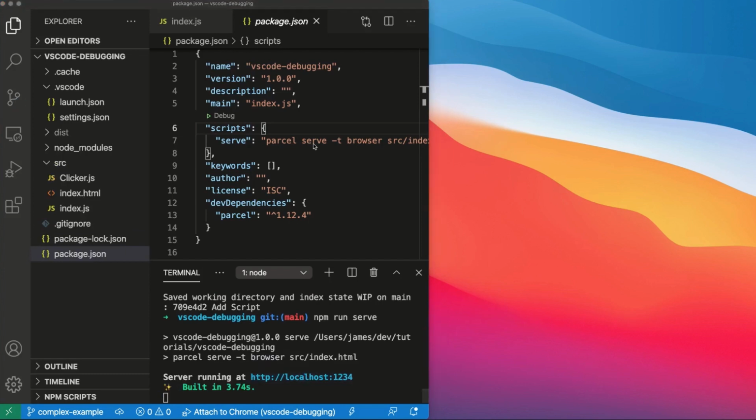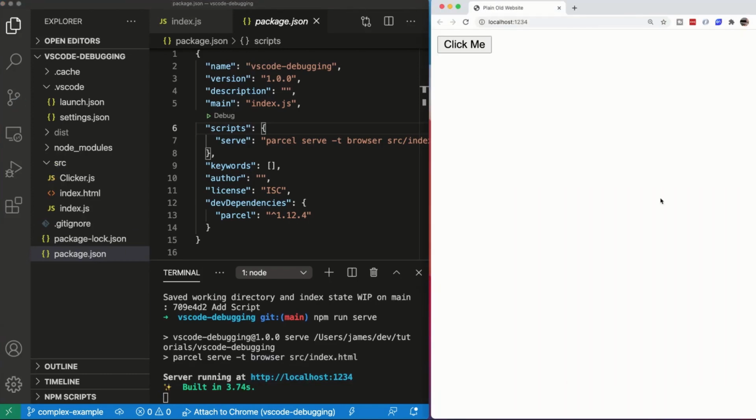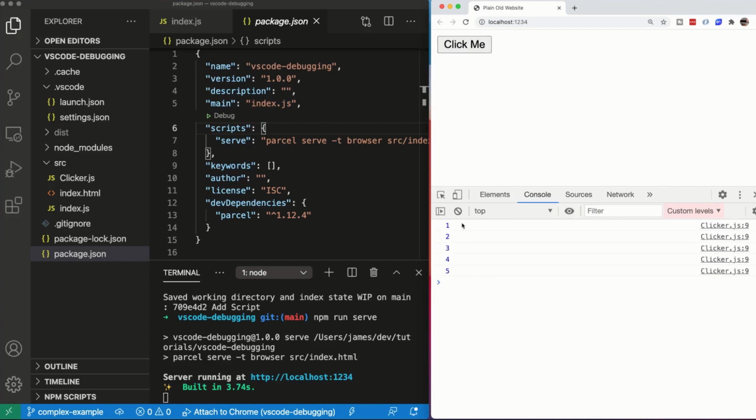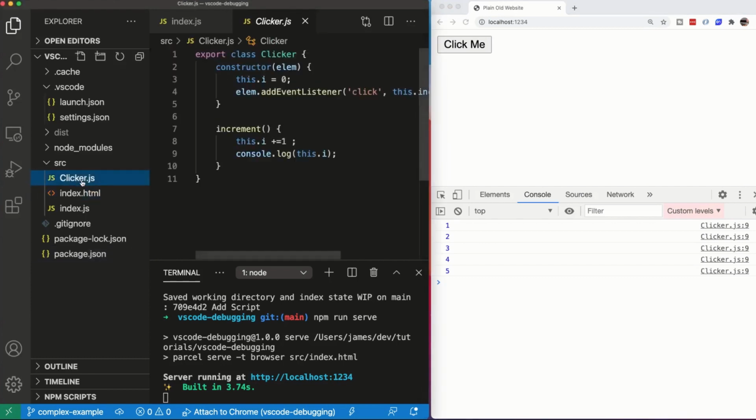So we've got a copy of that in Chrome. And again, we've got a similar application to what we had before. In fact, it'll probably look identical, but obviously the code is slightly different behind it. So we can click that button and log numbers to the console. Okay, so say we want to put a breakpoint on this increment here, like we did before. If we just click the breakpoint on line 9 here,